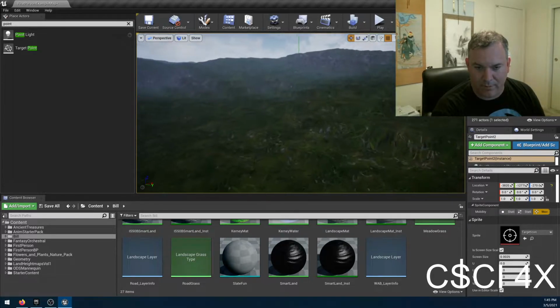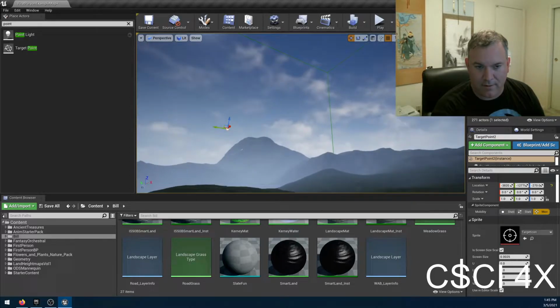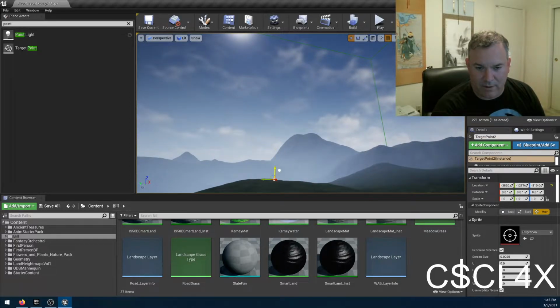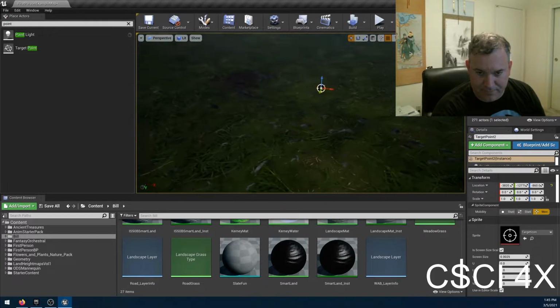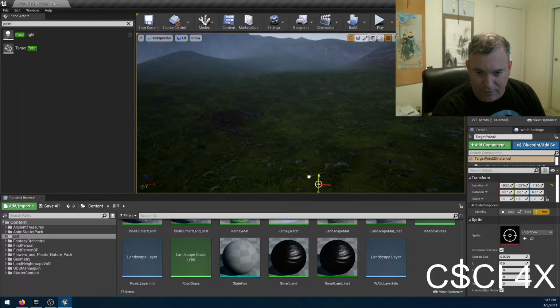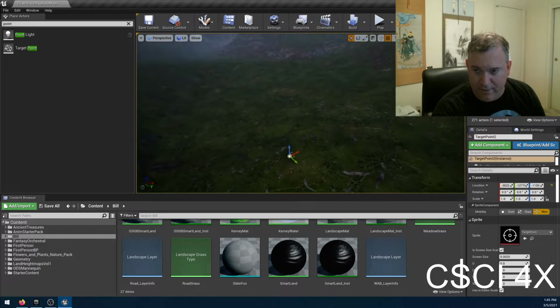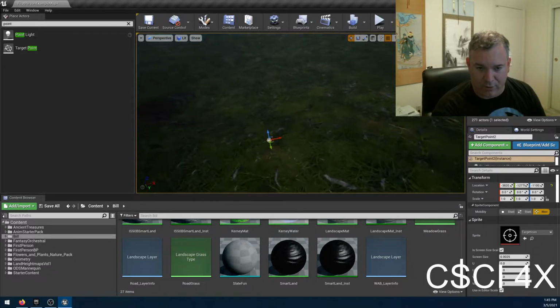Look at that frame rate drop. Go on, come back, thank you. And so what you can do is you can just put points around the world where you want the things to spawn. And then your blueprints, you can,